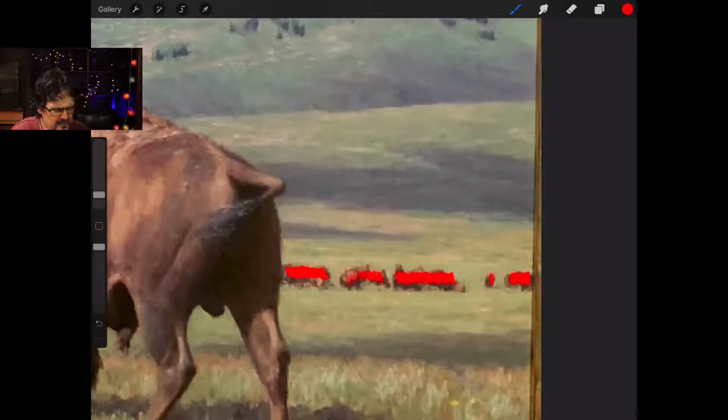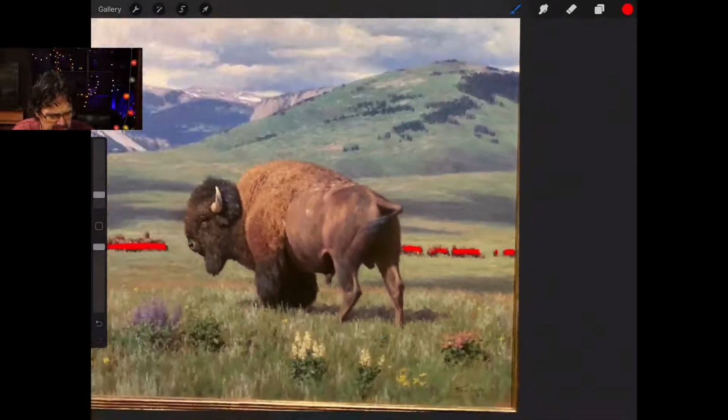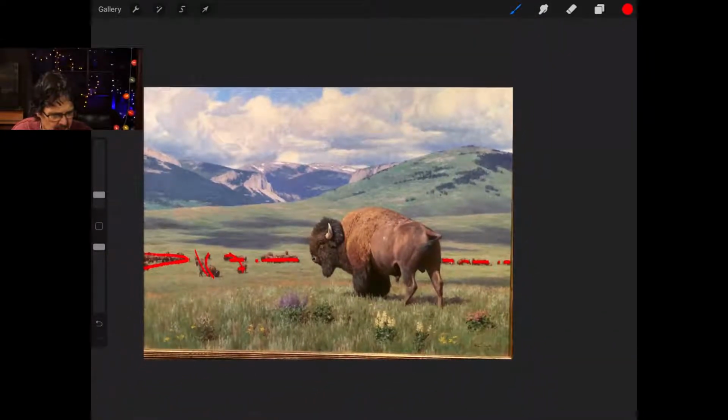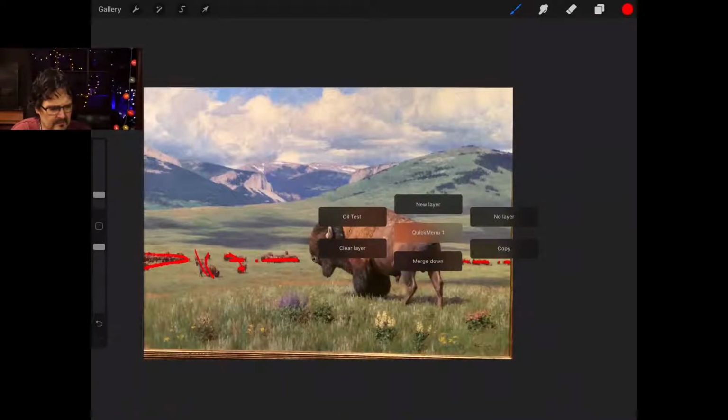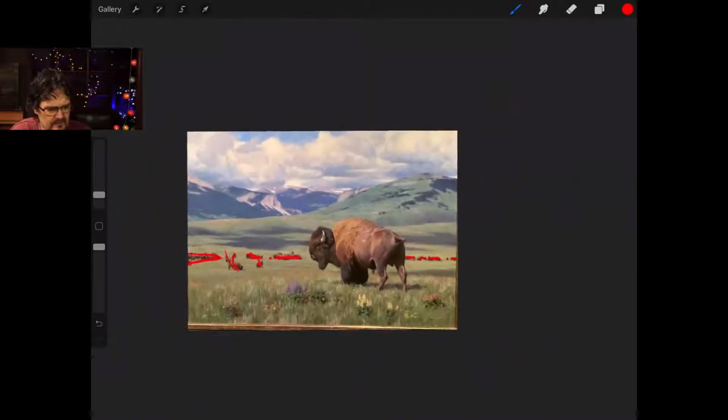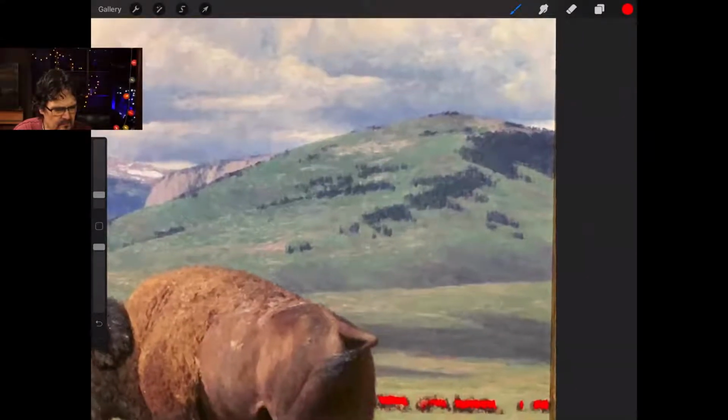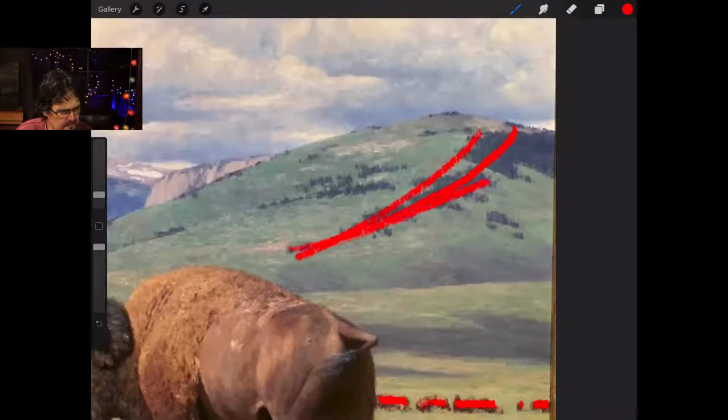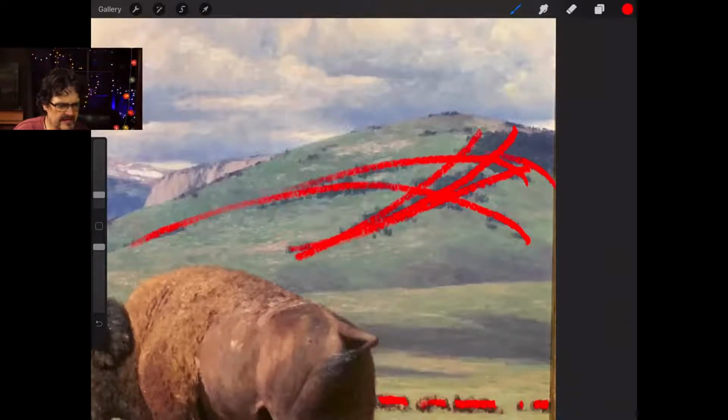So even though there's not a lot of detail there, there's still a lot of rhythm. Can you see that in the shapes? So this is nicely climbing up this hill here. And look at us intersecting and slowing that down.